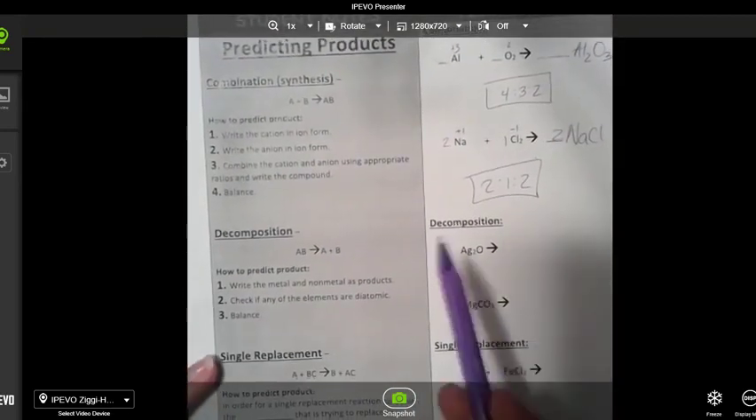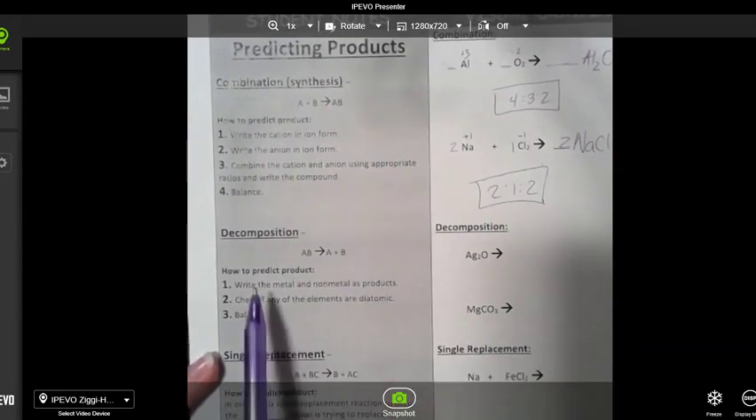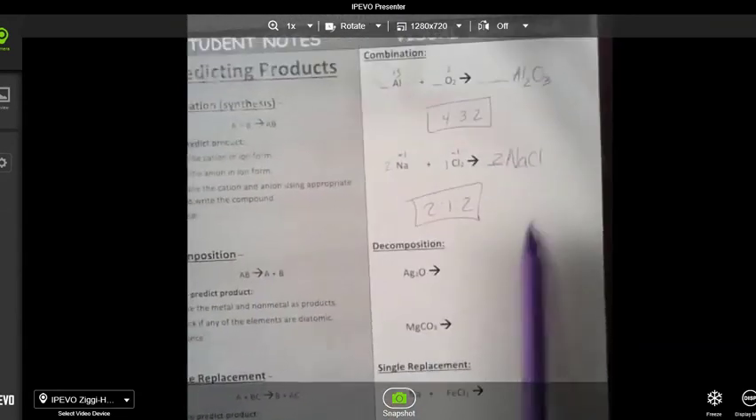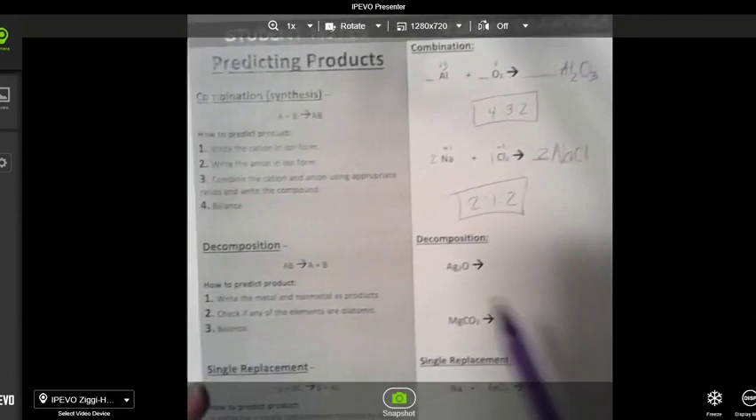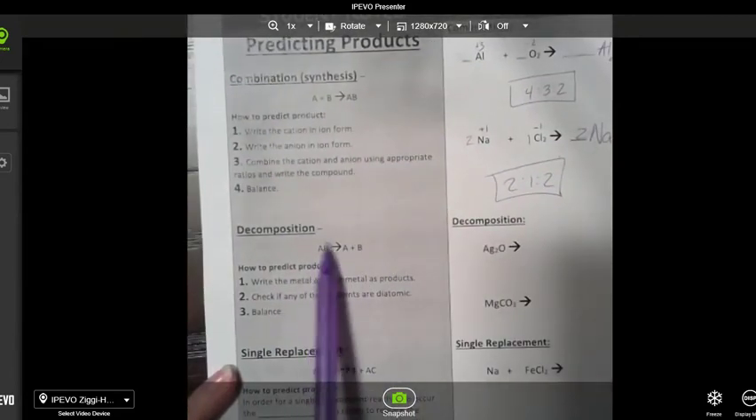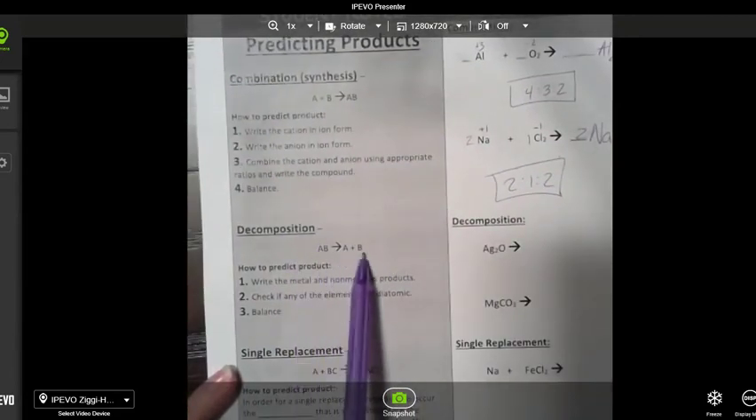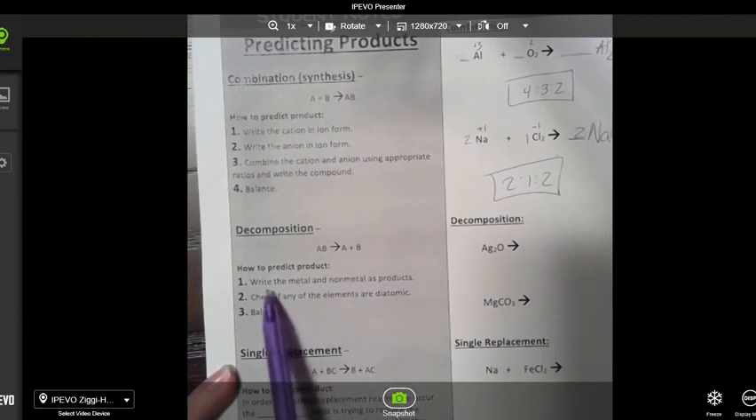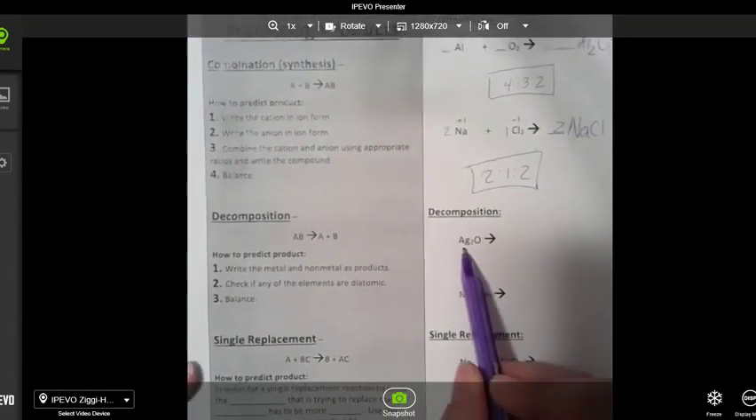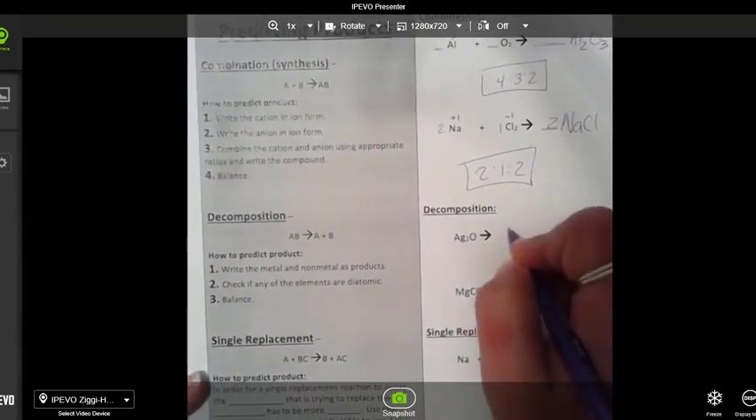All right, now the opposite of combination or synthesis is decomposition. So it's basically taking what we just did, but doing it backwards. Now you're going to be taking the one single compound and breaking it down into simpler pieces. So first you want to write the metal and the nonmetal as products. If we look at this compound here, we have silver and oxygen. So I'm going to write silver